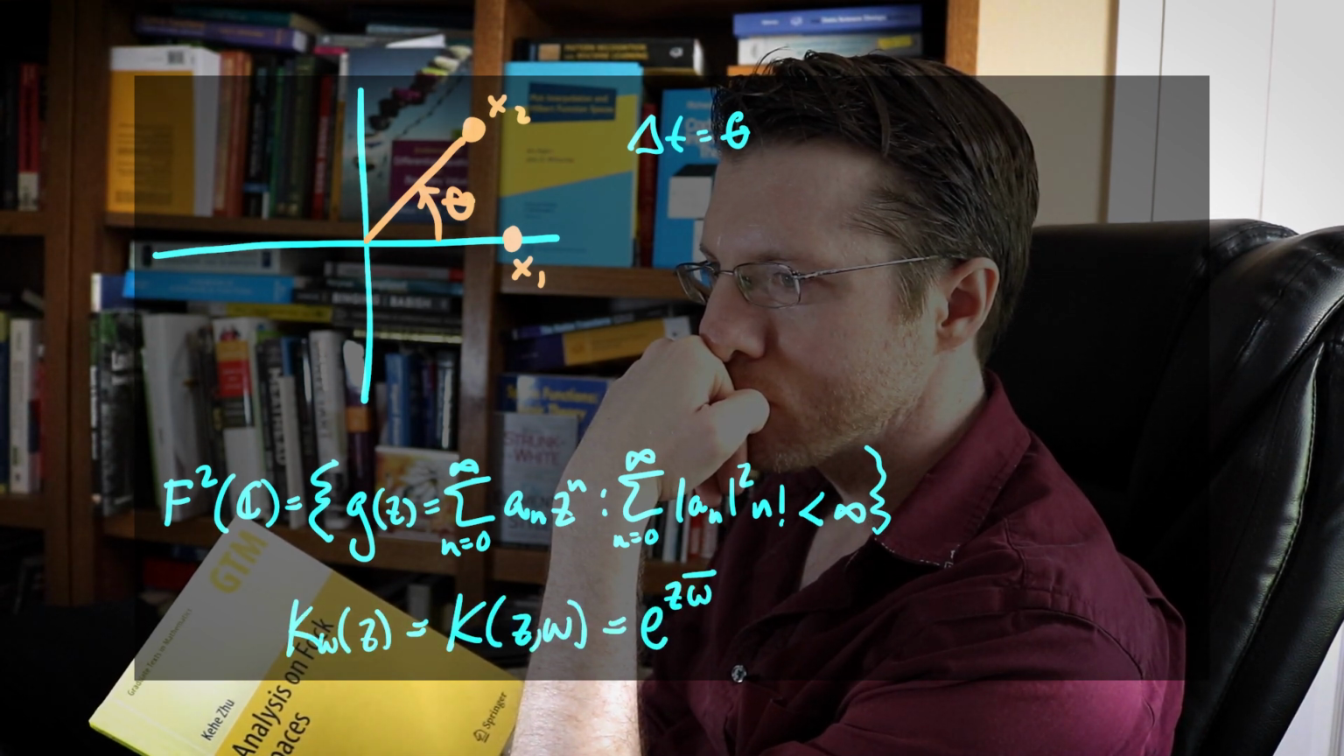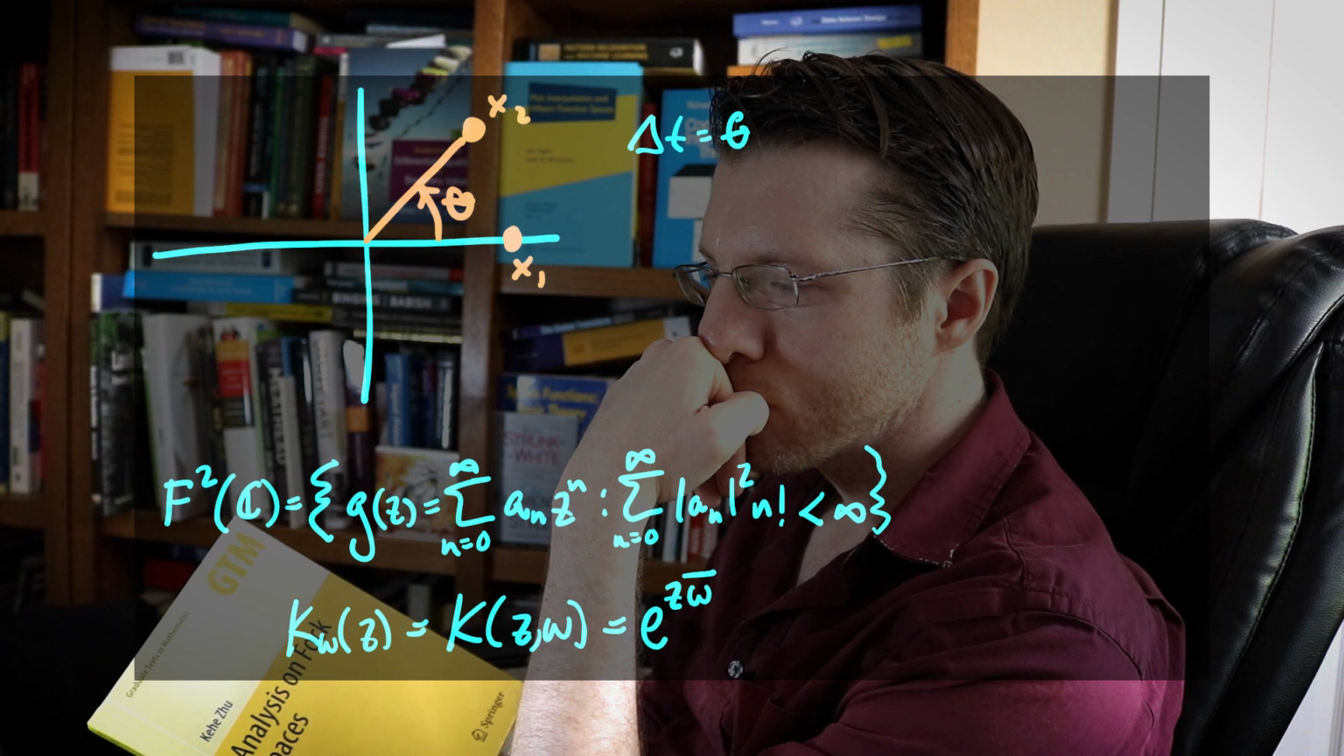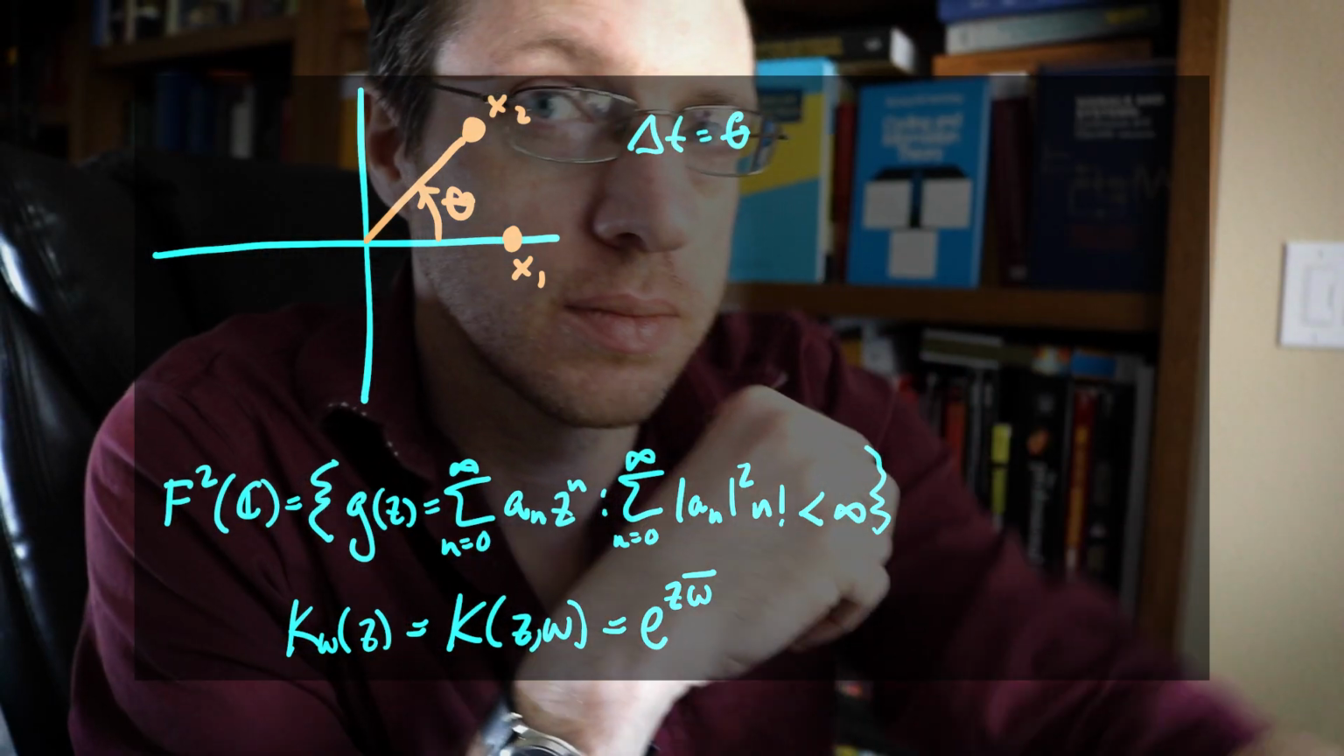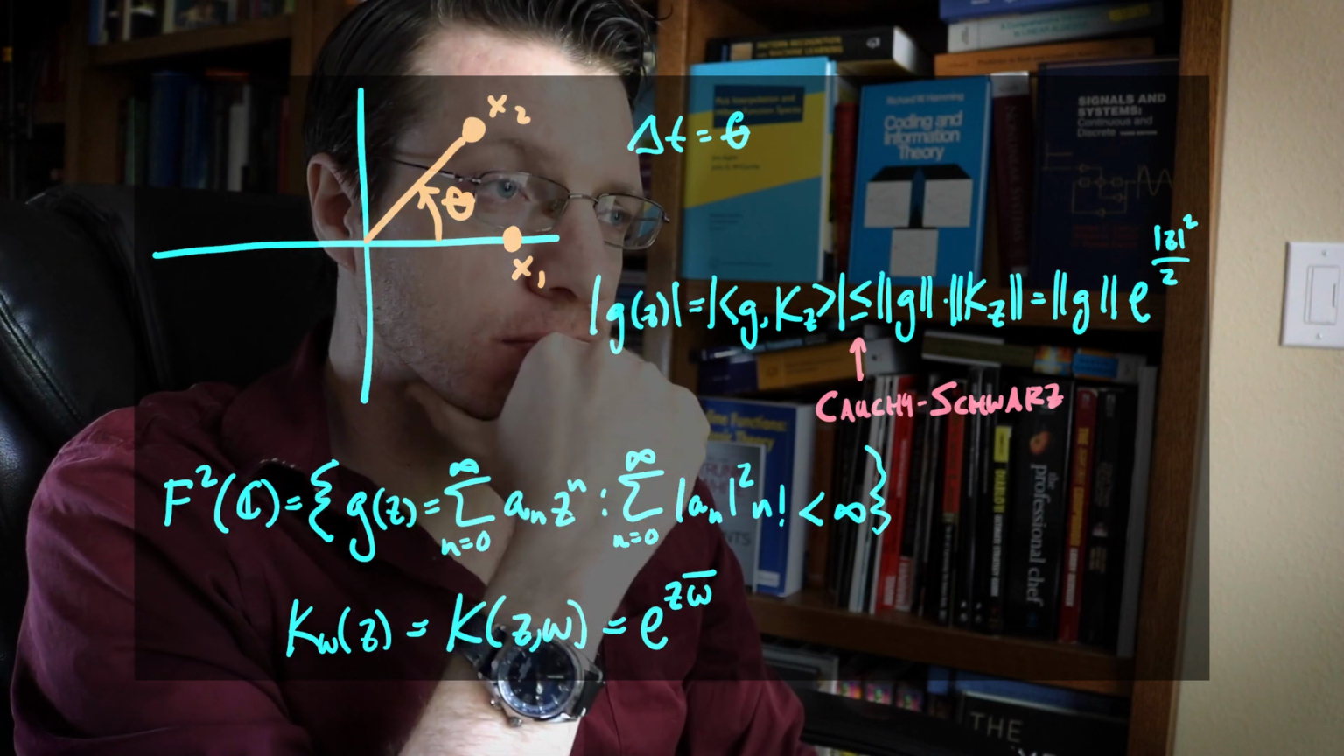So the kernel function that we're going to be using is the exponential function raised to z times w bar, and this gives us the kernel centered at w, evaluated at z. Now, in this setting, Fock space functions have a very particular growth rate, and this is going to be used to show that a lot of the properties that people think hold for Koopman operators just don't. And so what we see is that if we take a look at the magnitude of g of z,